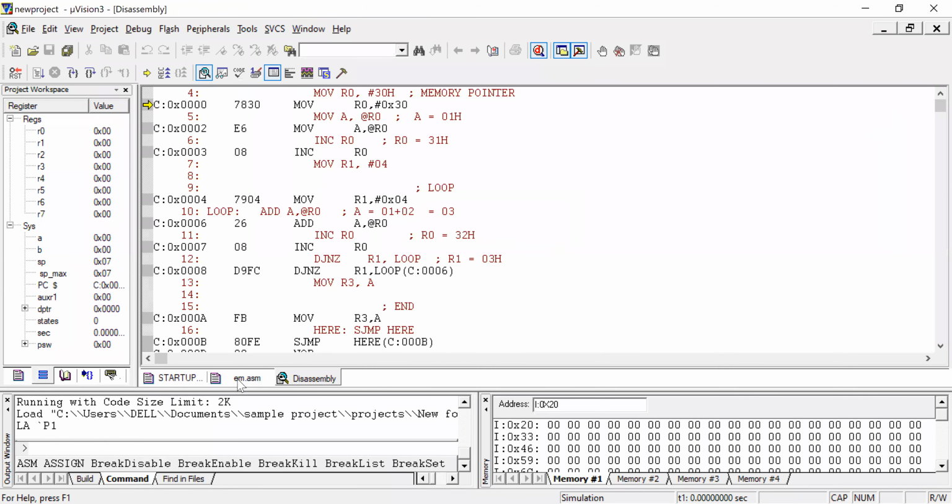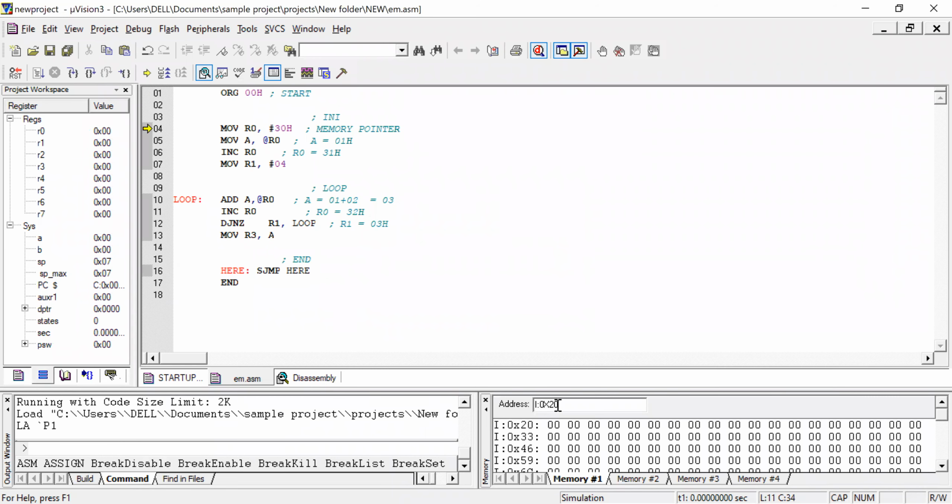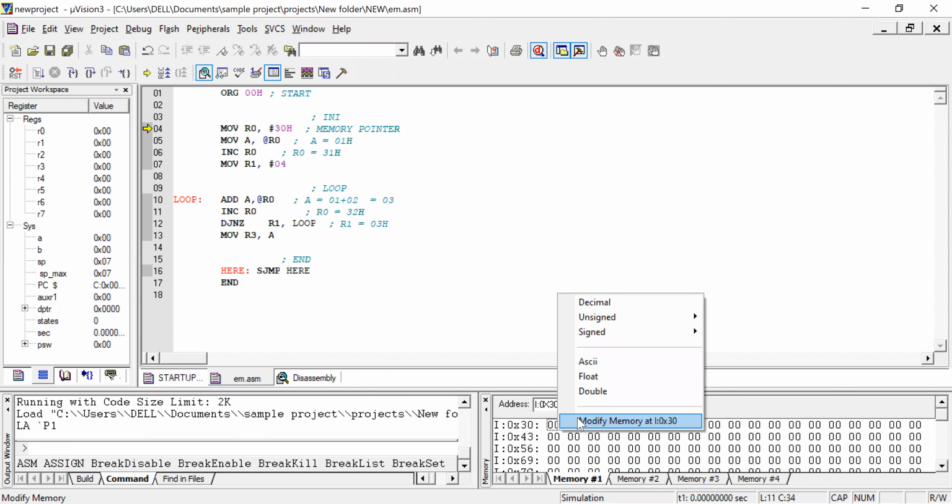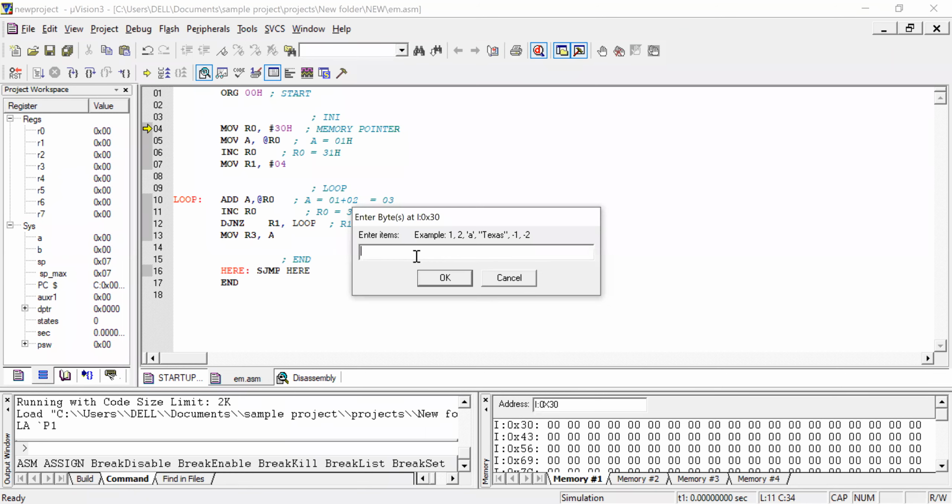So here, as per the program, I have used internal memory. So address is 30H, where I want to put my input data. So before debugging, before I run the program, I will be placing a value. So in my program, I have taken 1 to 1 to 1.